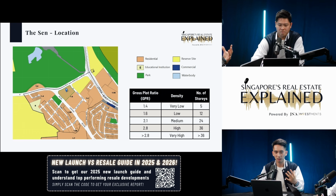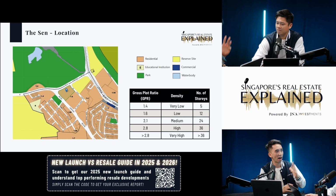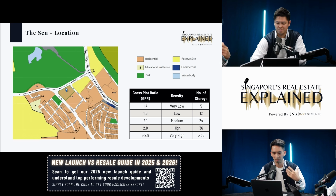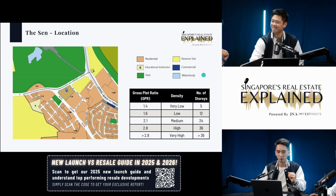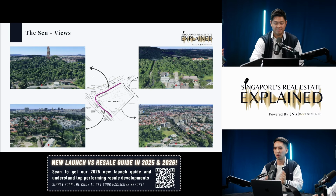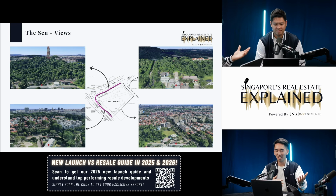So usually when it comes to landed, the surrounding plots usually don't have very high plot ratio. It can be with high number of stories. And meanwhile, surrounding the area is all a forested area, which Zach will cover in a while. In terms of view, because it's surrounded by either landed or forested area, you can see 360-wise is